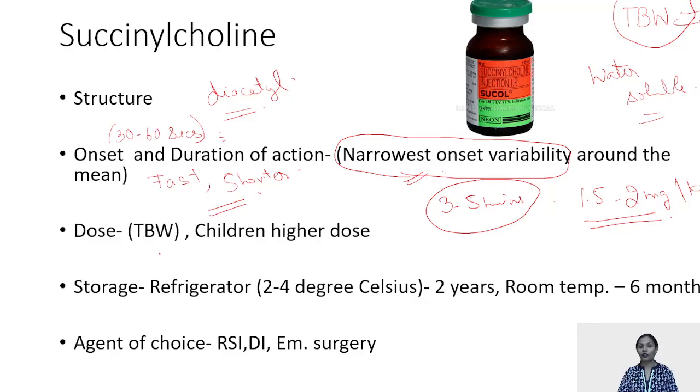Talking about the refrigeration part, scolin can be refrigerated at 2 to 4 degrees Celsius for 2 years. And talking about room temperature, it can be stored for 6 months. I repeat again, the agent of choice for difficult intubations is scolin. For emergency surgeries, the preferred agent of choice is again scolin. Now one more indication of scolin is your RSI, that is your rapid